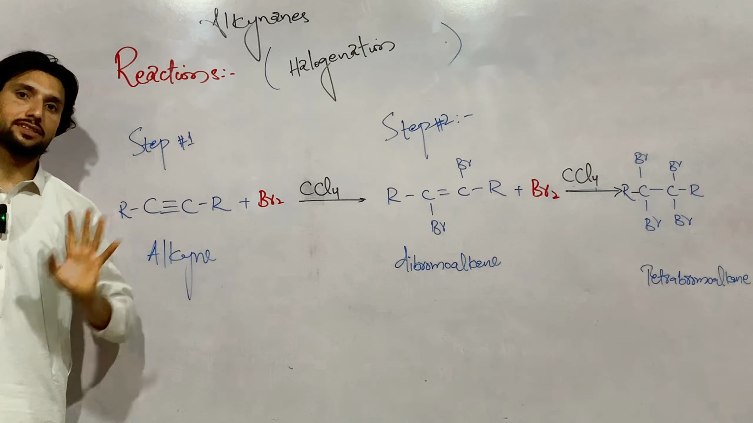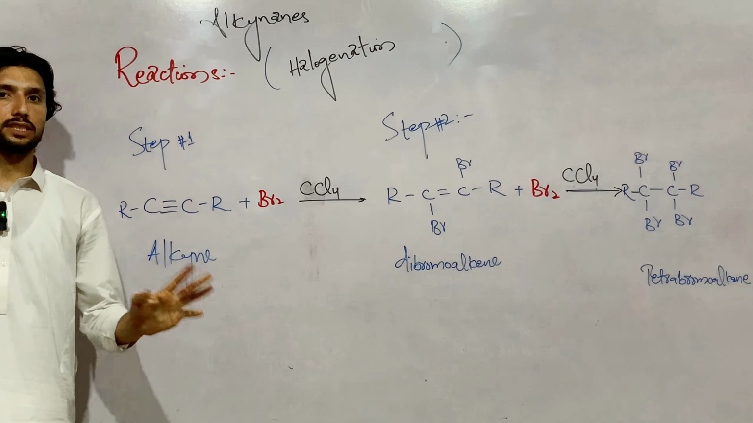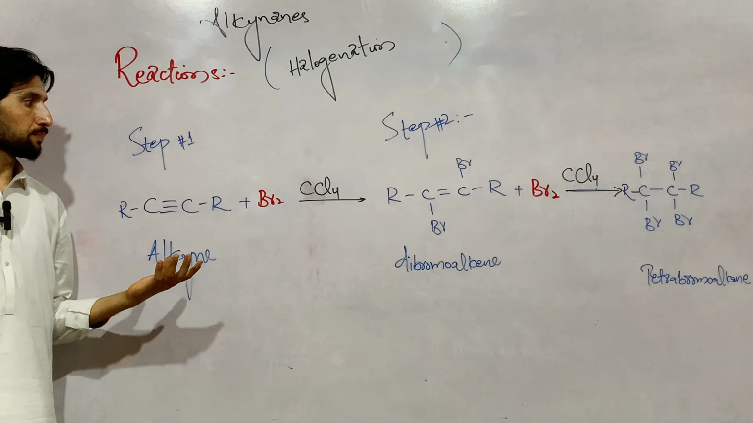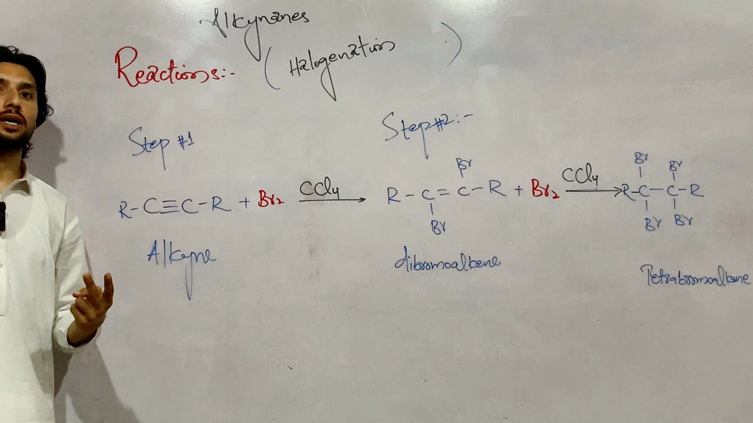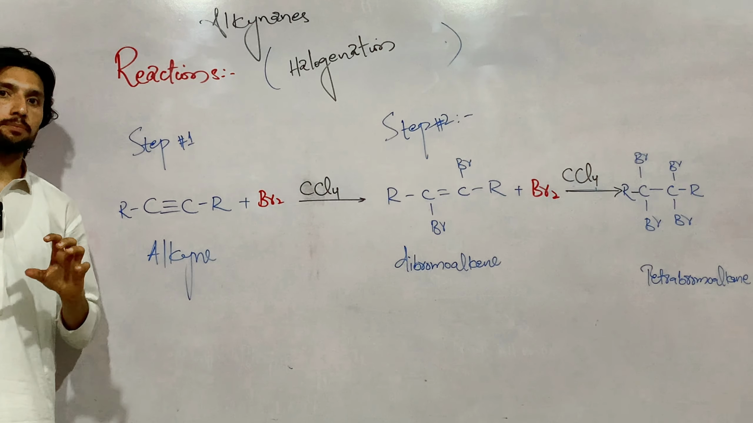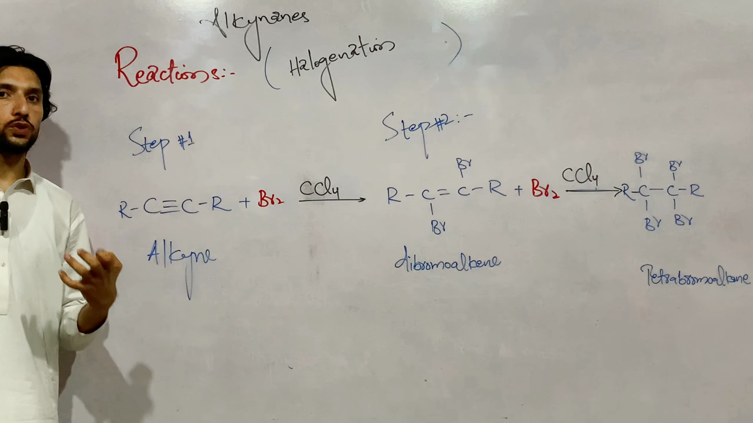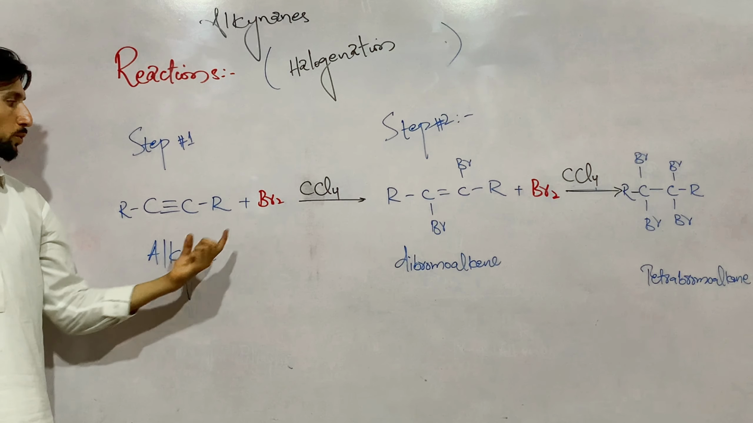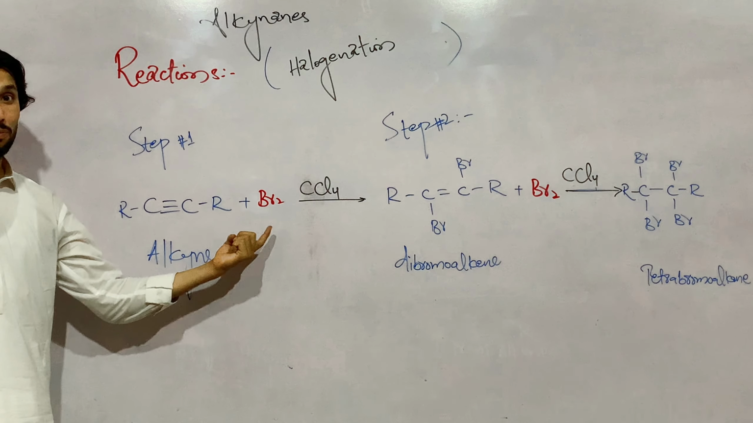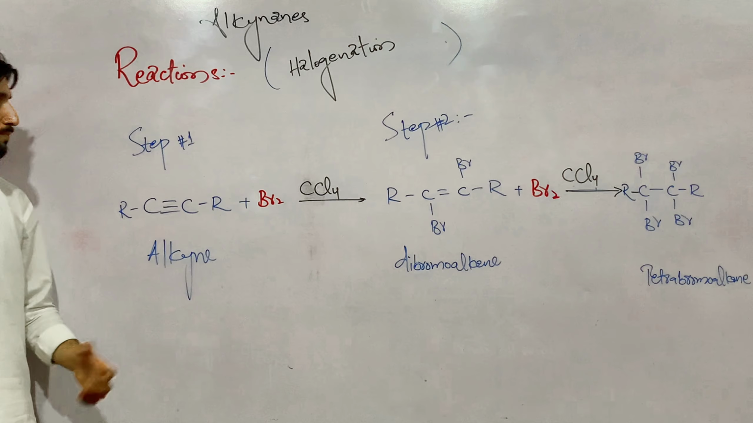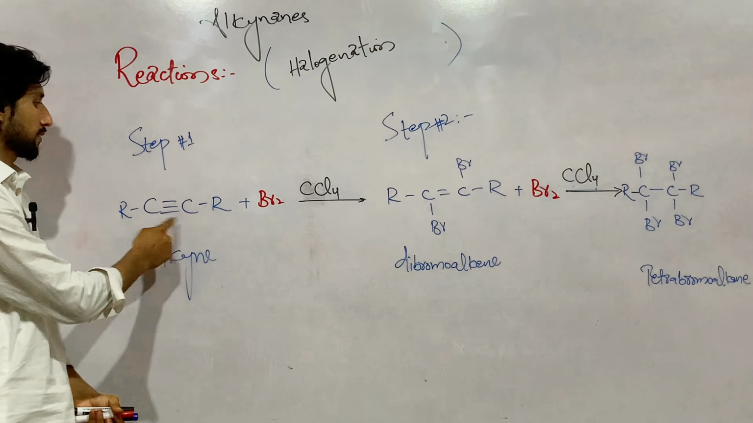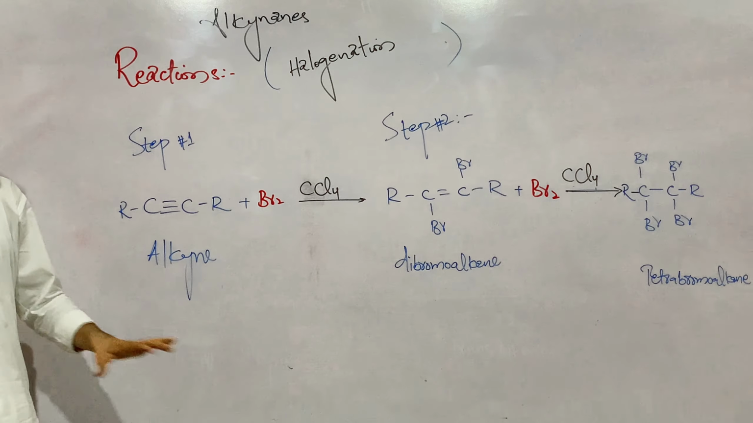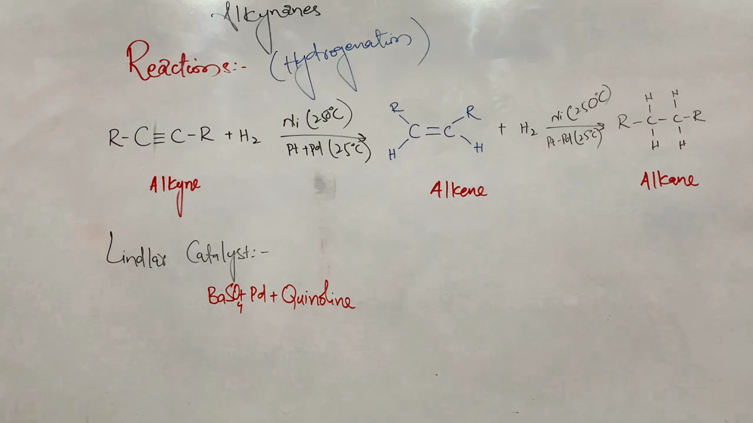Halogenation. We discussed the detailed mechanism of halogenation in alkenes. Here we will not go into the details. Here we will see two bromine molecules adding to our alkyne in two steps. First of all, the alkyne adds one bromine molecule, the two bromine atoms at the respective carbons of the triple bond. One over here, one over here. So we will see a trans